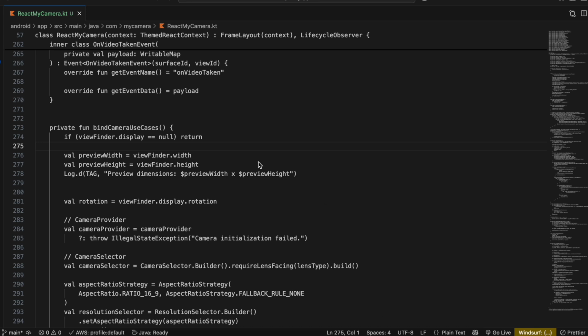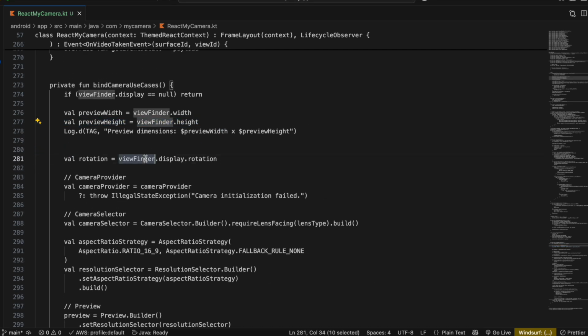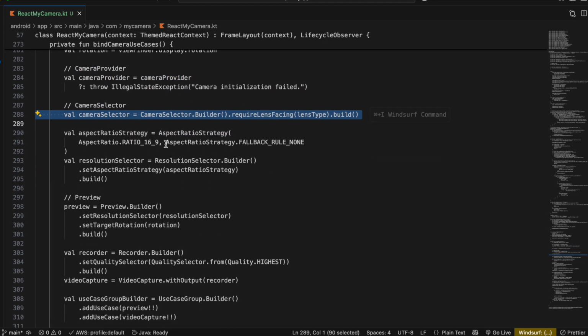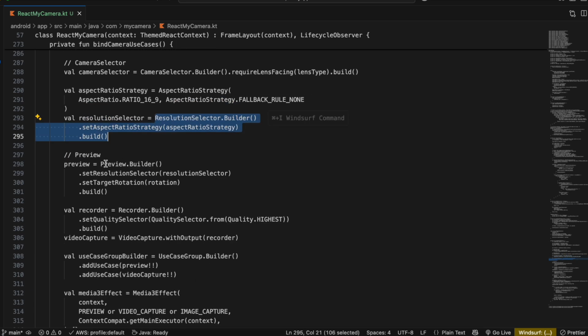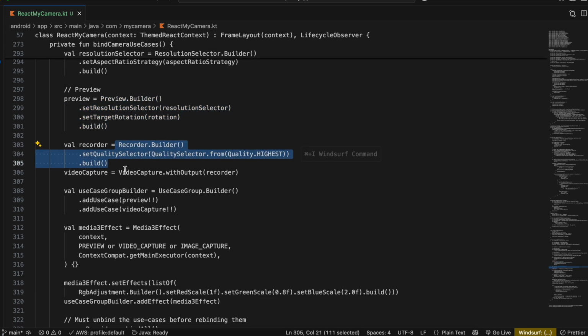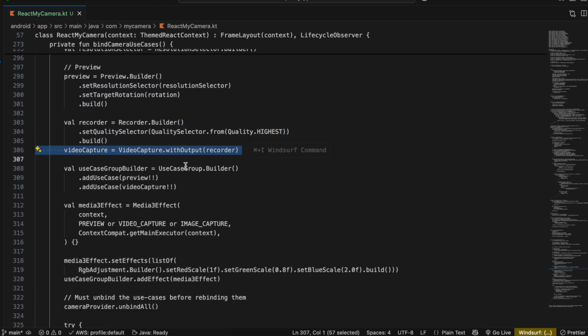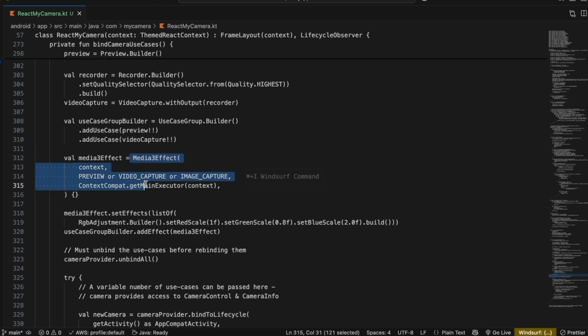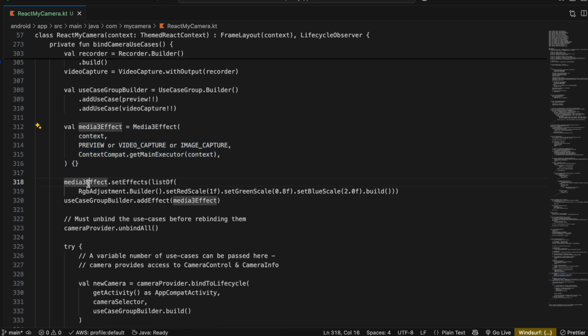Camera use case method. So first here we get the viewfinder width, then the viewfinder height, then the rotation, then the camera provider, then here is our camera selector, then we get hold of the aspect ratio strategy, then here is our resolution selector, then we initialize the preview view, then we initialize the recorder as well, then here we have the video capture, then inside use case group dot builder we initialize the preview use case as well as video capture use case, then here we initialize the media 3 effect as well,